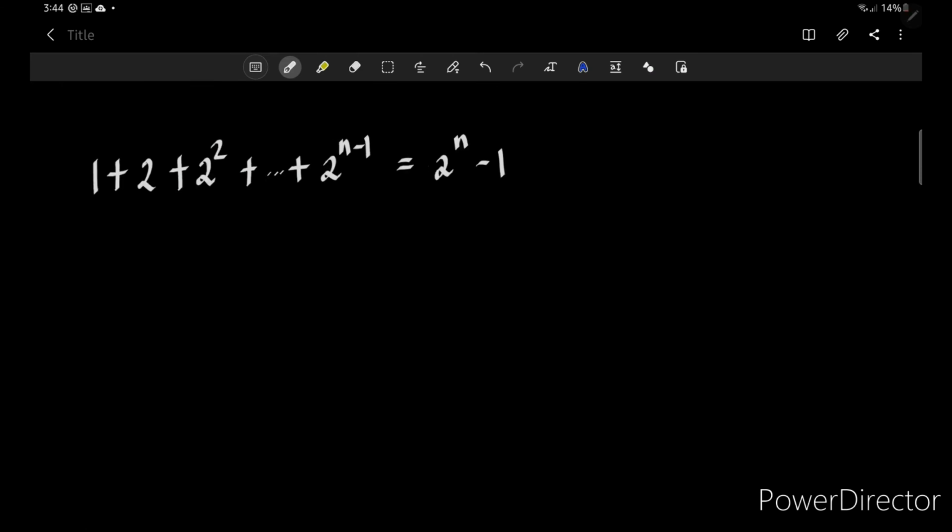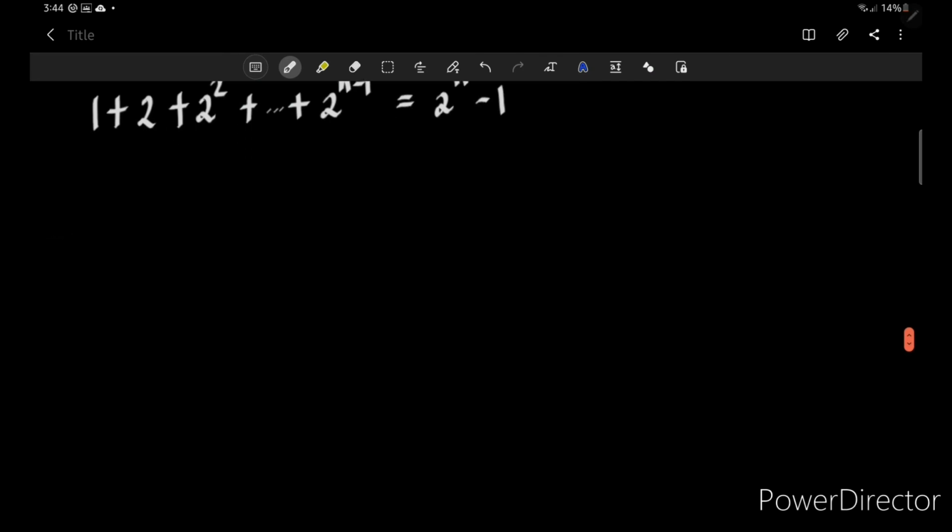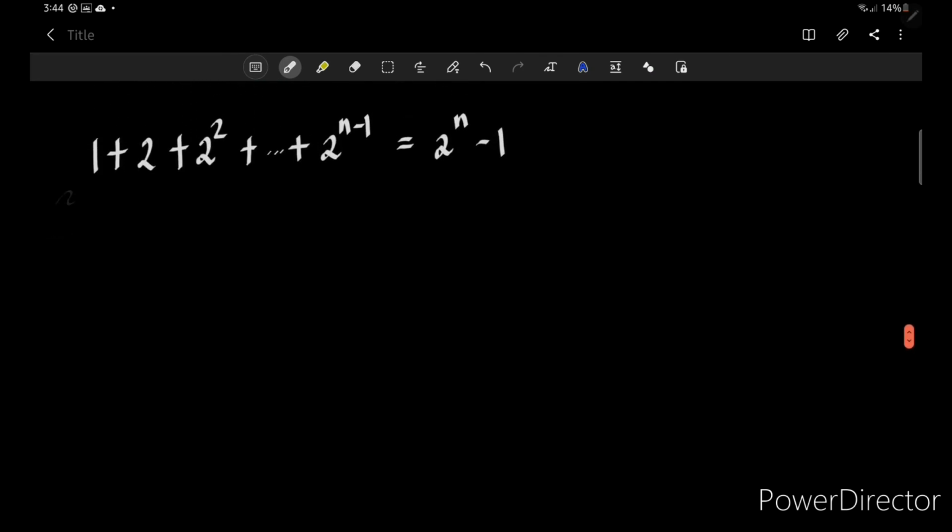Now, let us have our last example. So, papakita natin na yung nasa left side is equal to the right side for all values of variable n. Okay. So, we have 1 plus 2 plus 2 squared plus all the way up to 2 raised to n minus 1. And that's equal to 2 raised to n minus 1. Of course, by mathematical induction,